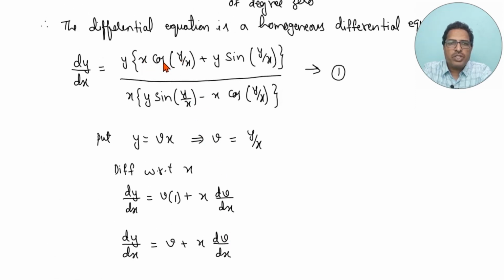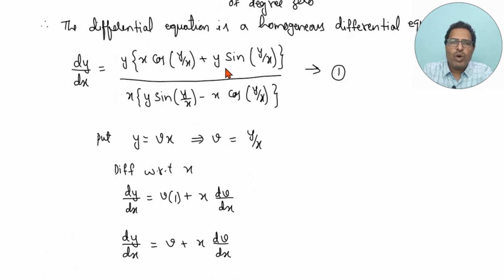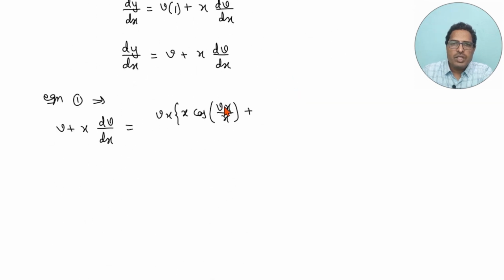So, let us replace the value of y as vx, retain this x as it is, it is cos of y value vx divided by x, next term plus you have y can be replaced by vx into sine of y can be replaced by vx by x. So, y is vx into sine of y is vx by x, that is the numerator value, whole divided by,